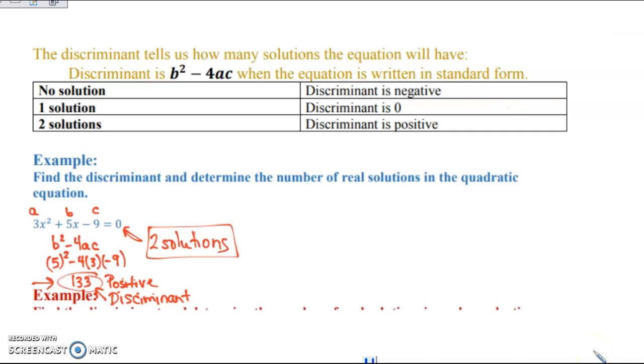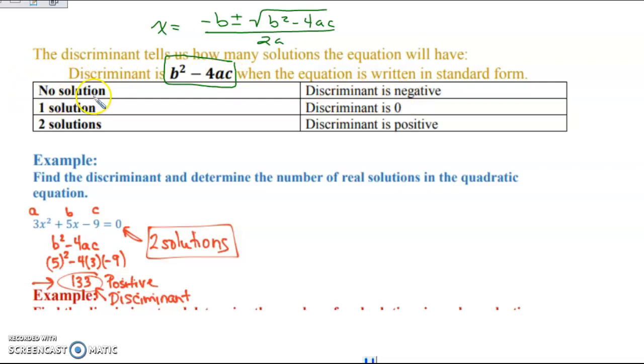This next part that we're going to talk about is the discriminant. The discriminant is this part, and you'll notice this looks familiar, doesn't it? When we have our x equals the negative of b plus or minus the square root of b squared minus 4ac, and then all of that's over 2a. This part right here is inside that square root. That's what's going to tell you the discriminant, and it tells you how many solutions the equation is going to have. If when you work this out you have a negative number, the discriminant is negative,